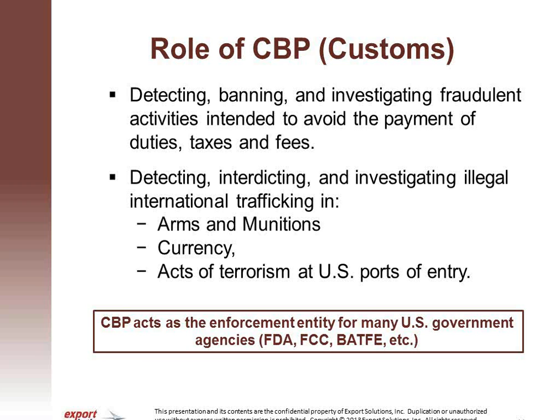They will also look at things such as currency and arms and munitions items that are being imported into the different ports, and investigating for terrorist activities at U.S. ports of entry. One of the things I want to point out is that Customs acts as the enforcement entity